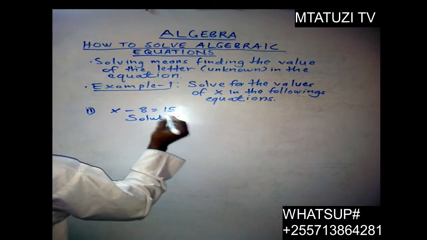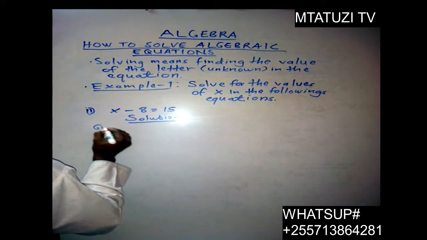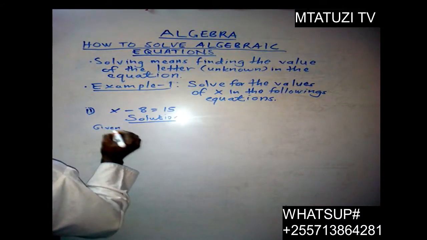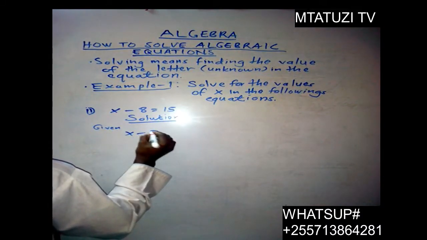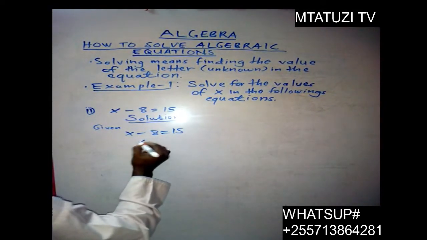X minus 8 is equal to 15. What is the value of x? You are given x minus 8 is equal to 15. So in order to get the value of x,